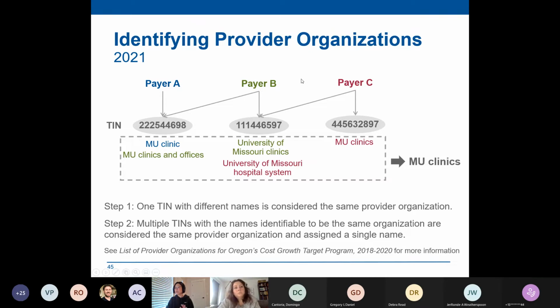And I think we have an email sent out to send you the list of the provider organizations. We've been rolling up using the files we have currently, which are the validated files.